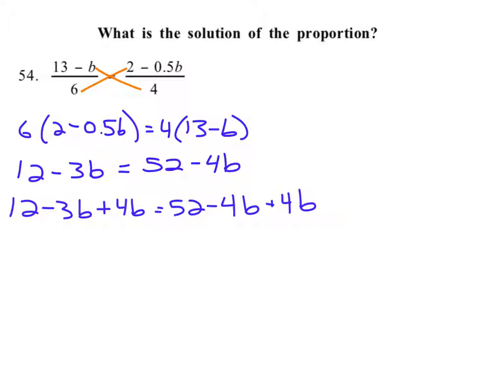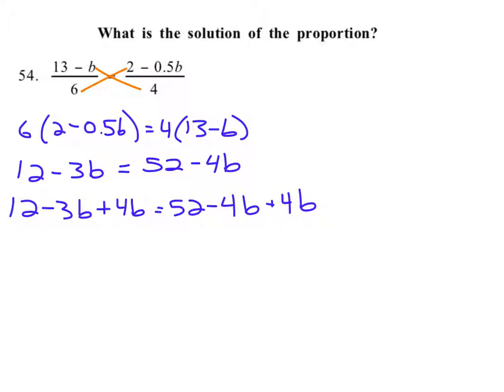Notice how I do this. I take everything that already exists on the left-hand side and I write it first, and then whatever it is that I'm, in this case, adding to both sides. So all of this plus 4b equals all of this, what already exists there, plus 4b. I tack that on at the end, and it makes it really easy for everyone to understand what's happening because they can look at the end of the expression that's on each side to see what's being done to it. So